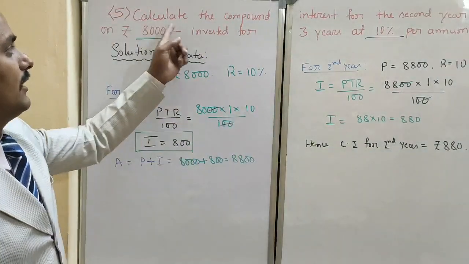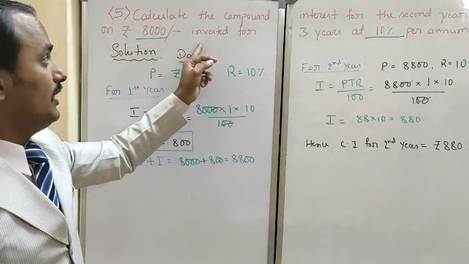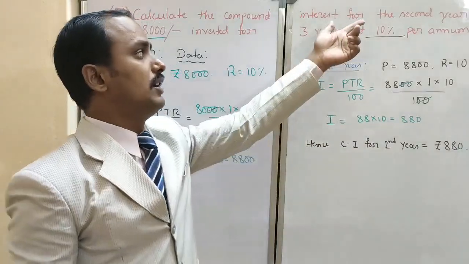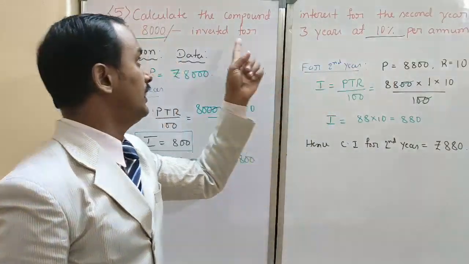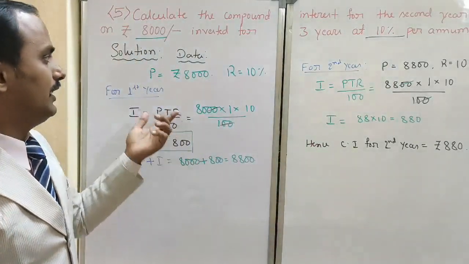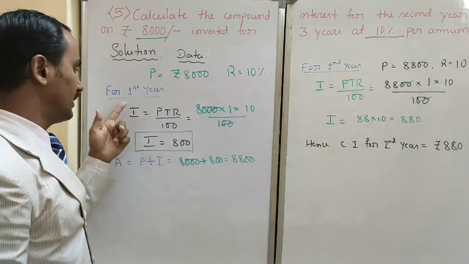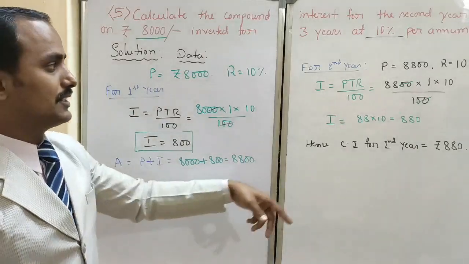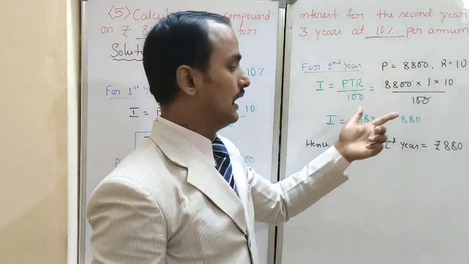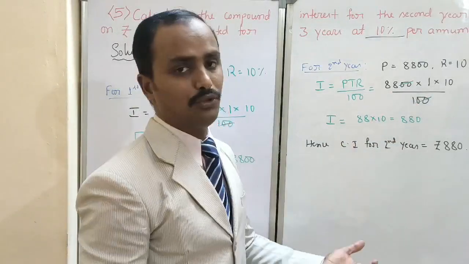They asked here to calculate the compound interest for the second year on 8,000 rupees invested for 3 years. How many years invested? Don't want that one. Don't bother about it. What is the question? For that, you find the answer by using the data, principal amount and rate of interest. That's all. Easy, dear children. First what did I do? I considered the principal amount. In the first year, I found the interest. Then finally, at the end of the year, the amount, how much? That amount is considered the second year principal. Again the interest formula, then substitute the values. I found the interest for the second year. This is the conclusion answer. Shall I continue one more problem, dear children?